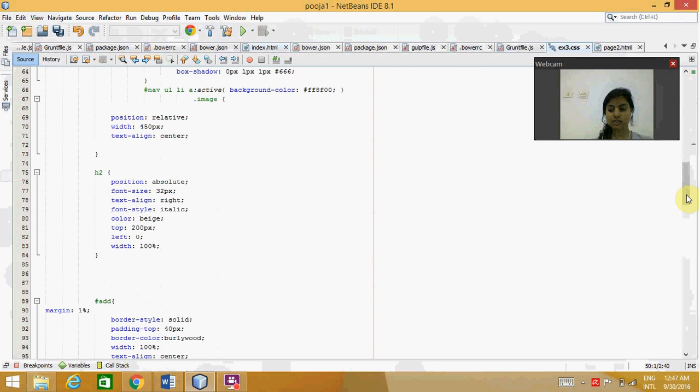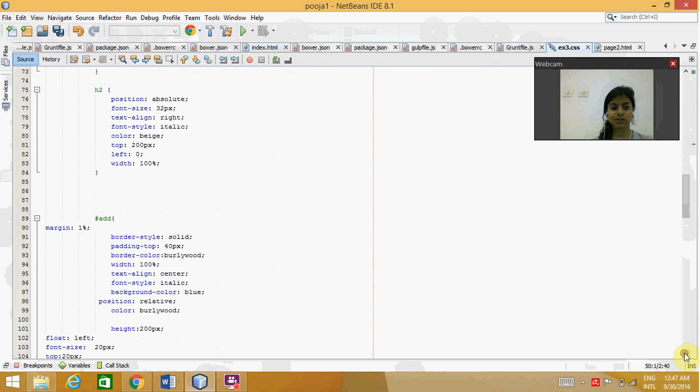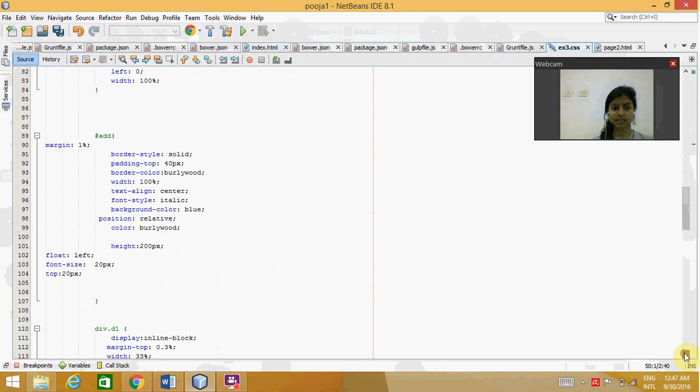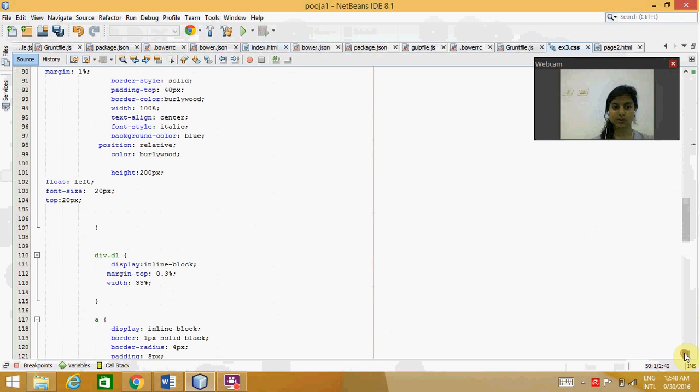Like position absolute is basically related to the ancestor. If there is an ancestor, it will move according to the ancestor. If there is no ancestor, it moves according to the scrolling. And under that we mention